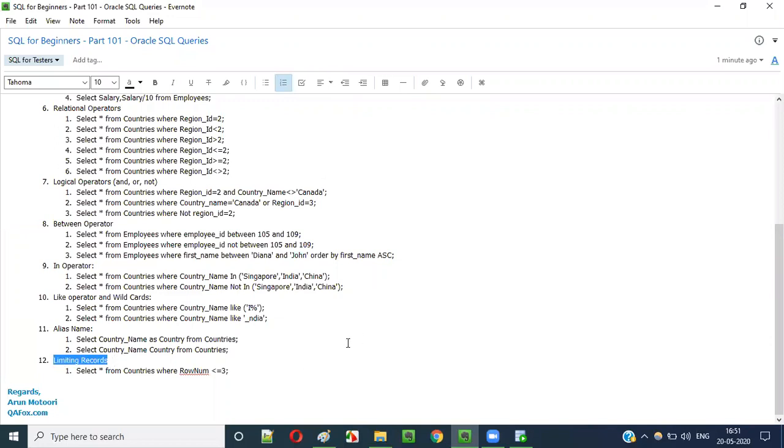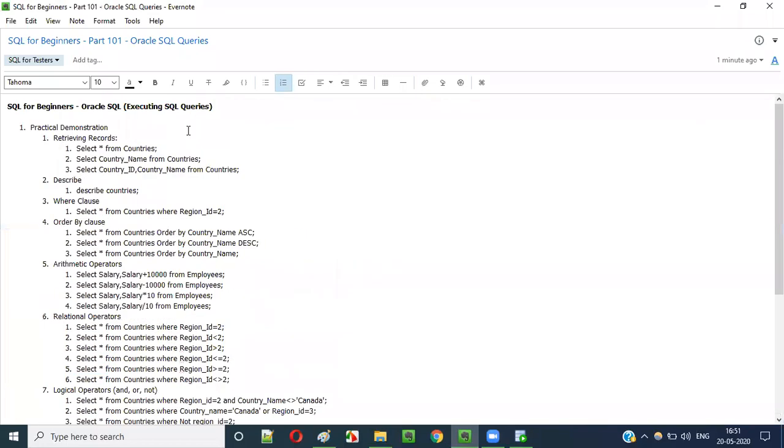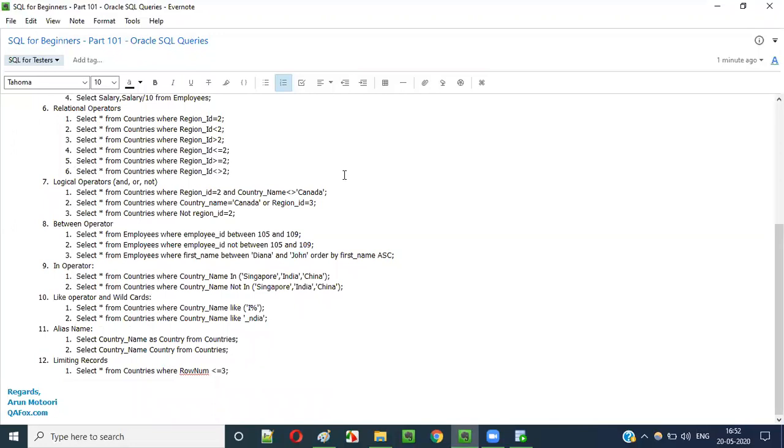So guys, this is how we can execute some of the SQL queries in the Oracle 11g software. There are more other advanced SQL queries in SQL that we can execute on Oracle 11g. Fine, those things I will be explaining as part of the upcoming video sessions, guys.